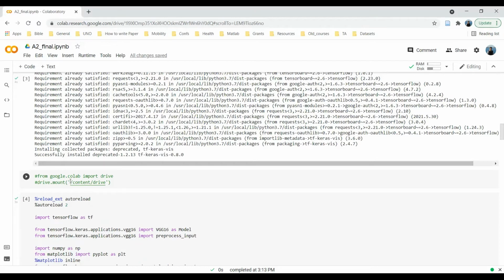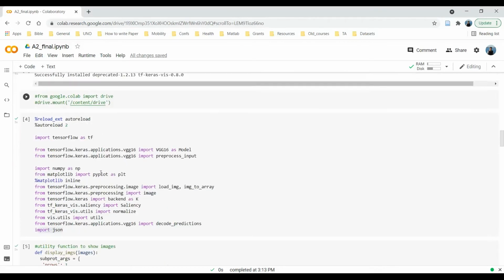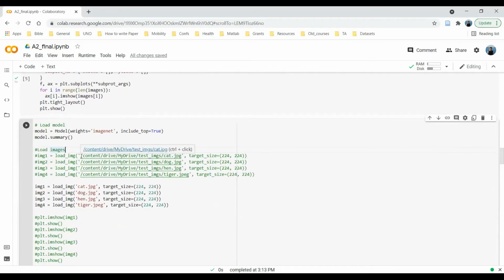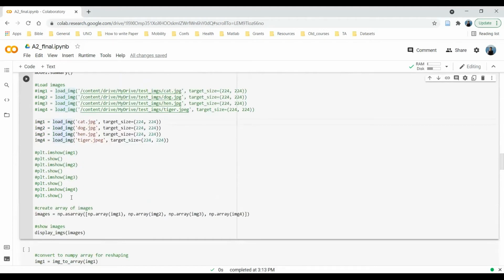So make sure you open the right URL that displays here, get the authentication code, and enter it here. Then it will load the Google Drive. If you are loading from Google Drive, you have to give this path. Since I am loading from the local runtime, I don't have to mention any path, so I can load directly, and then you can print those images here itself.